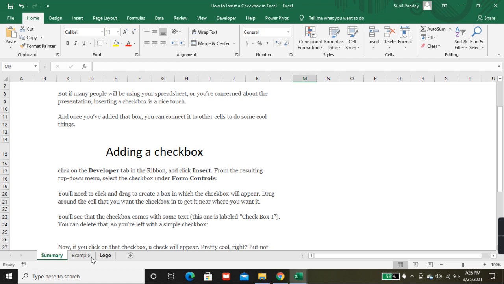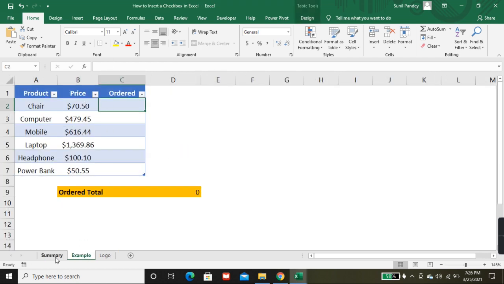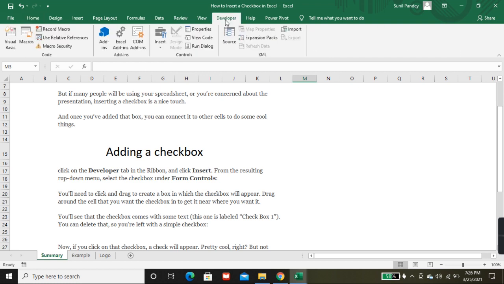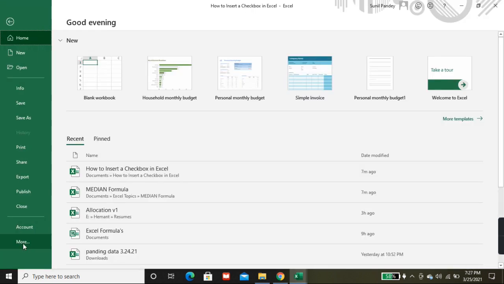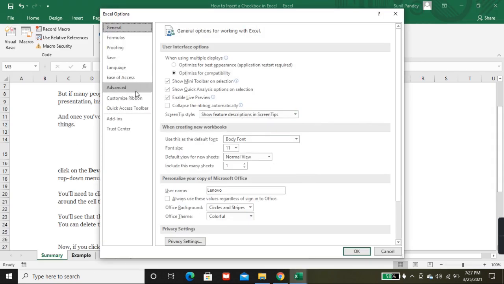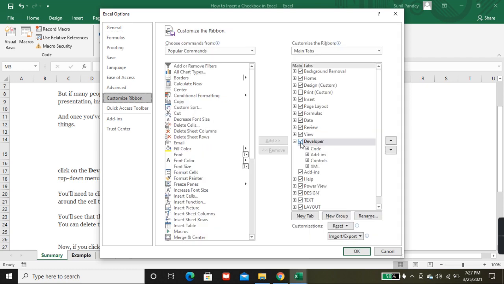Before we start, we should know where the checkbox comes from. First you need to go to Developer. If you do not have Developer in your Excel file, go to File, then Options, then Customize Ribbon, and here select the Developer option and click OK.